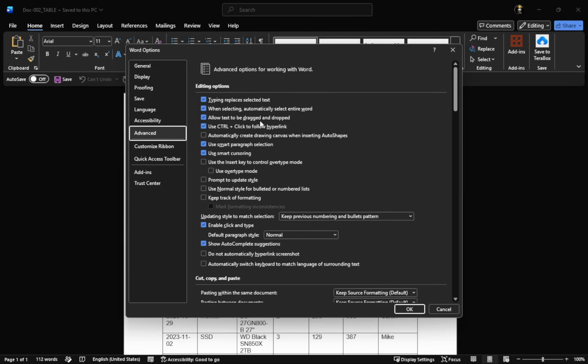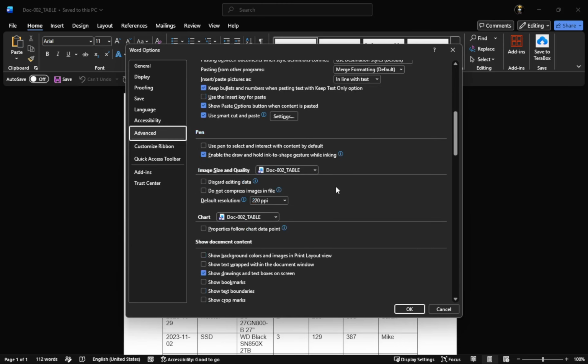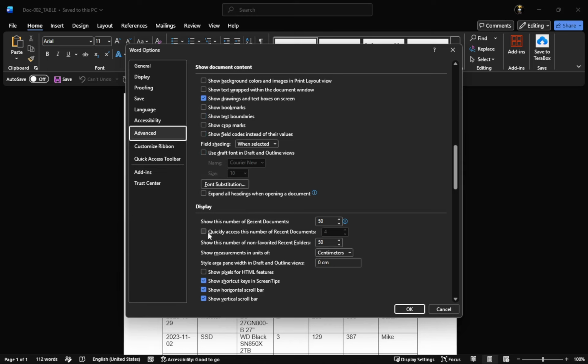In the Display section, look for the line that says Show this number of recent documents. This setting controls how many items Word keeps in that history list. A higher number means a longer list on the File menu and Start screen. Set Show this number of recent documents to 0. You can highlight the current number and type 0, or use the small arrows until it shows 0. As soon as this value is 0, Word no longer keeps track of new recent documents for that list.